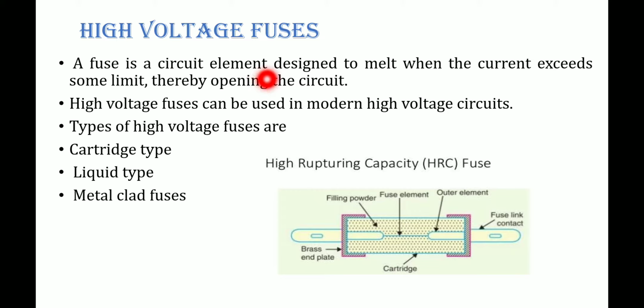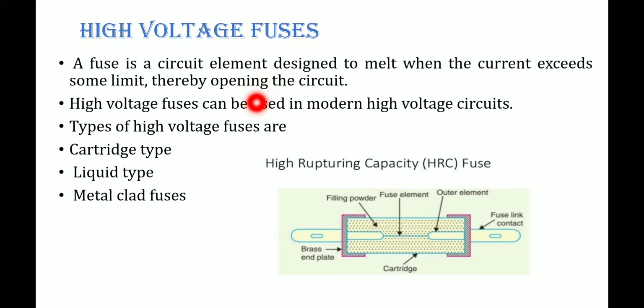If the current goes high during a short circuit, which is a kind of fault, then short circuit means an inrush of current will be there. Due to this increased current, the temperature increases, right? Due to this increased temperature, the fuse wire should melt out and break as soon as possible. That is the reason the fuse element or fuse wire should have a lower melting point. I hope this is clear.